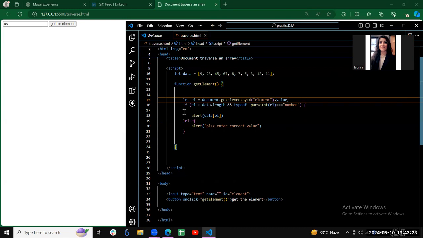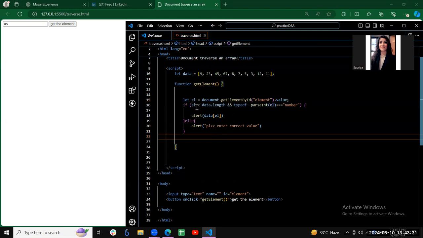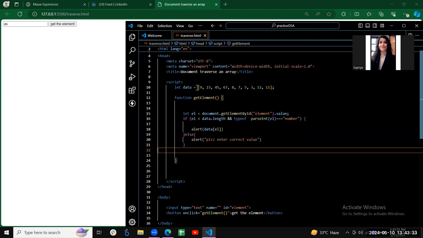Okay, and then I'm writing down a condition: if el, because my el holds the value inside the input, is smaller than data dot length, and what is data dot length, this array, and typeof parseInt. Why have I written typeof parseInt? Because my array only contains numbers. There are no strings, no other form of data. So if another user wants to find a string or anything else, it should throw an error,